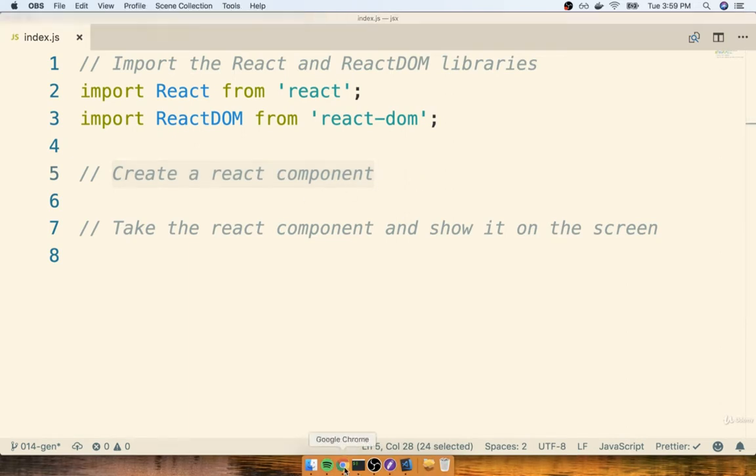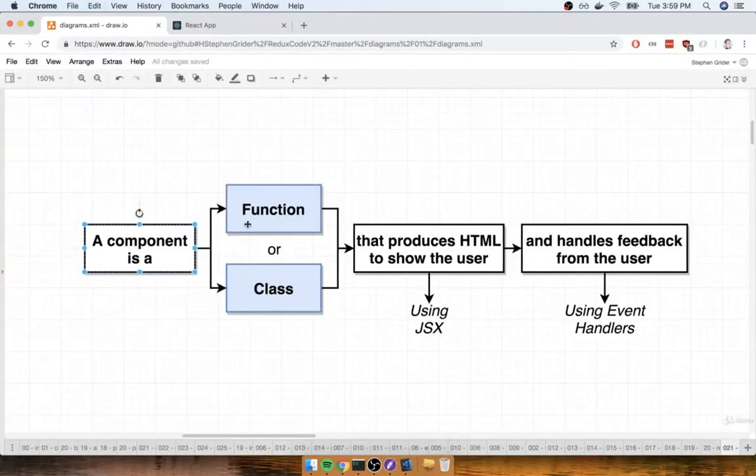All right, so quick diagram. A React component is a function or a class. Back on CodePen with that quick example we did a while ago, you saw an example of a class-based component. But we can also create them as a function. The purpose of a component that is either a function or a class is to produce HTML